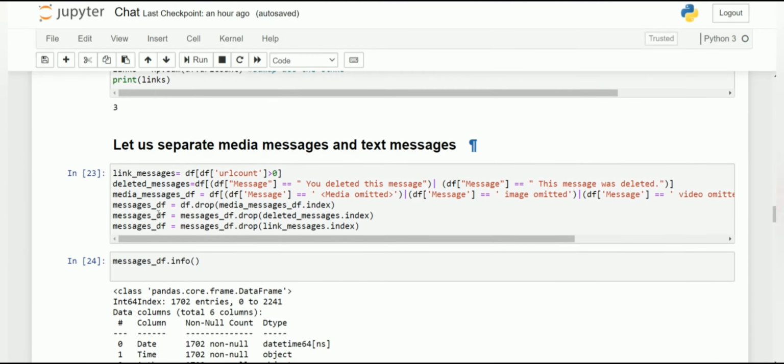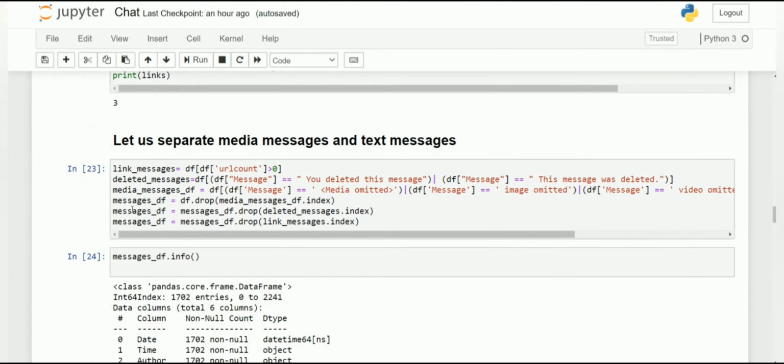Let us separate media and text messages. Link messages equals df of URL count greater than 0. If URL count is greater than 0, it means a URL is present in that message. So this data frame will be stored in the link messages variable.